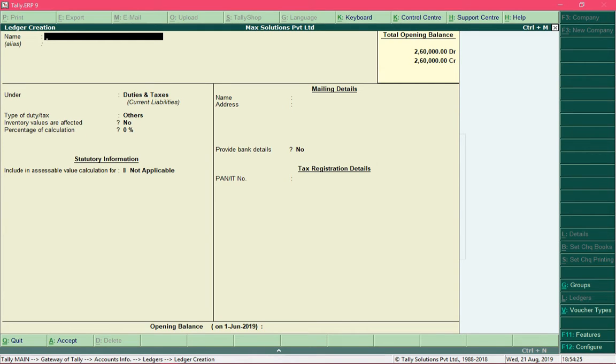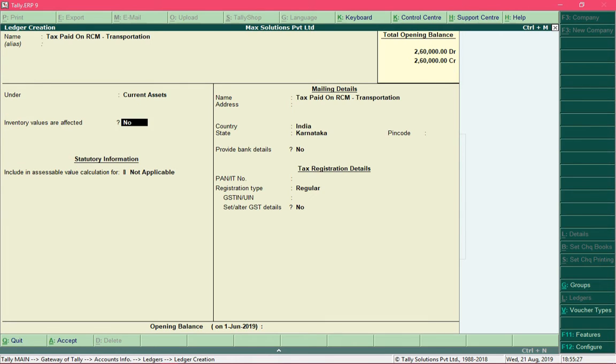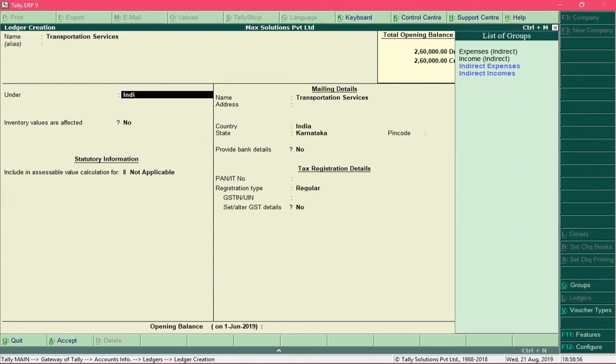Now I will create a ledger which will be used to record input tax receivable amounts, and let me name it as follows. It will be grouped under current assets, and save the ledger. Now let's create a ledger to record transport expense, and I will name it as Transportation Services, grouped under indirect expenses,